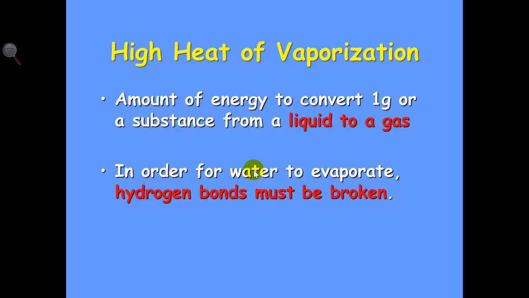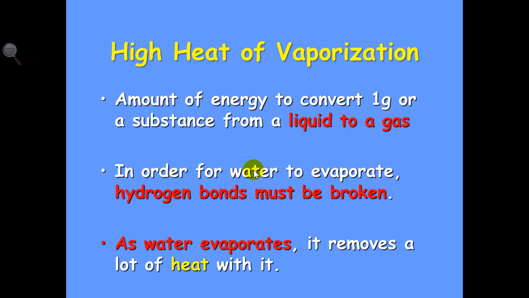In order for water to evaporate, hydrogen bonds must break. And as water evaporates, it removes a lot of heat. Best example for this is if you are cooking. If you ever made anything on the stove where you're boiling water, if you put water on a stove and you